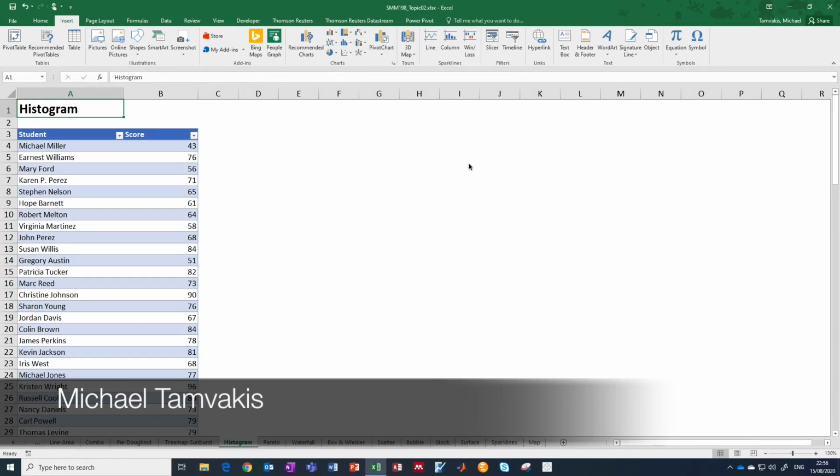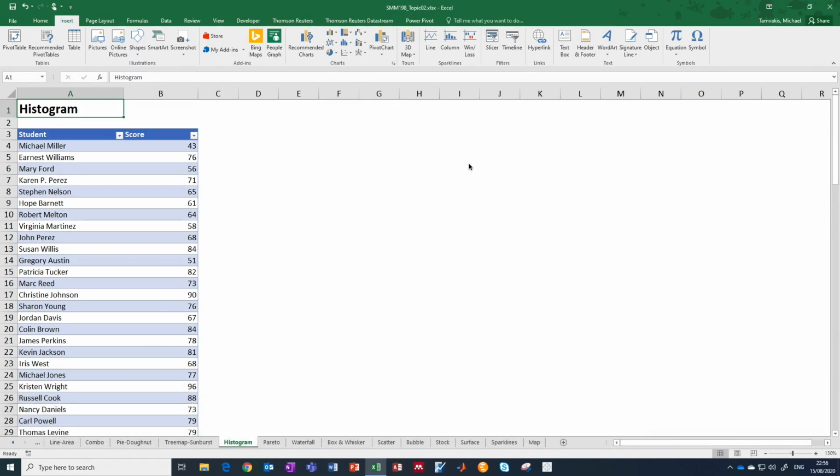Welcome back to this last installment of topic 2. Once again, you will need to open your Excel file under topic 2 from Moodle, and once you open it, make sure you go to the sheet called Histogram. So in this installment, we're going to continue with more Excel graphs or charts, to use the Excel terminology, and